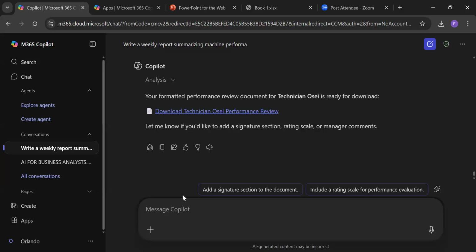Let's try another demo where we can talk about certain standards of operation. So let's say we want to identify cost-saving opportunities in the organization. So that is the financial side.